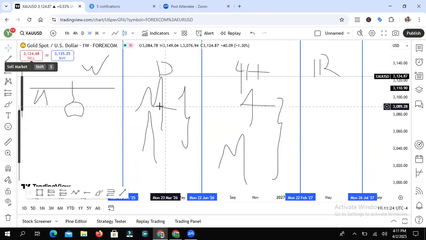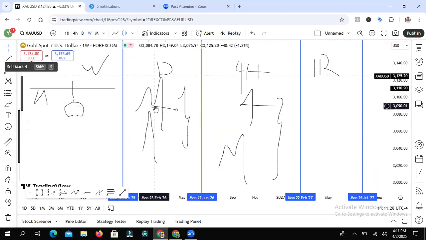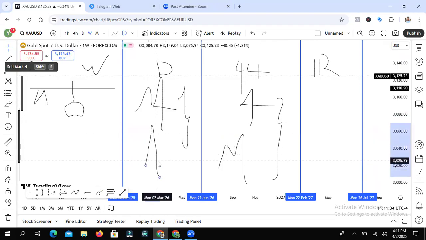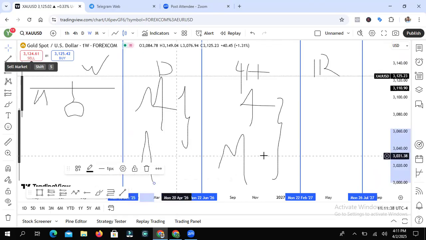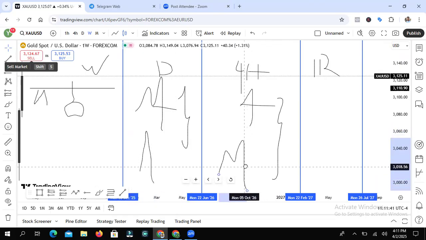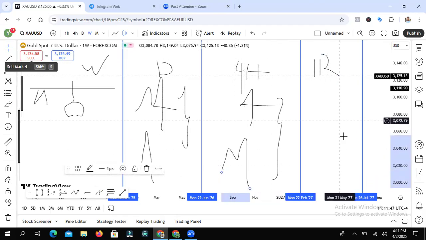Then, like I said, if you see weekly reject weekly, and daily did not give you a sweep and break, this liquidity sweep and break of structure, you want to see this breakout, this guy right here. If you see a breakout on the daily, it will give you a liquidity sweep and break of structure on the 4 hour. Once you see this, then you want to start looking for selling opportunities and entries on 1 hour. I hope this is very, very clear.